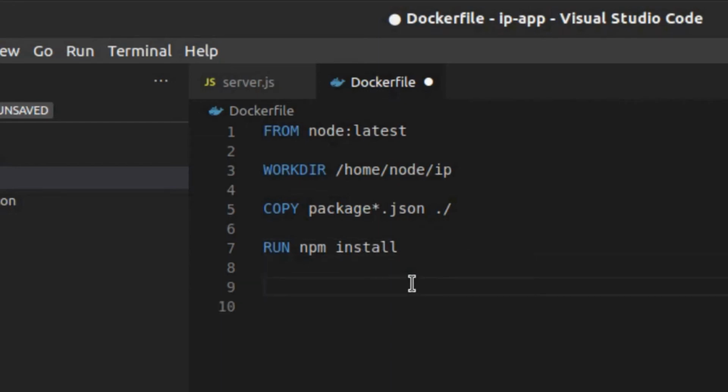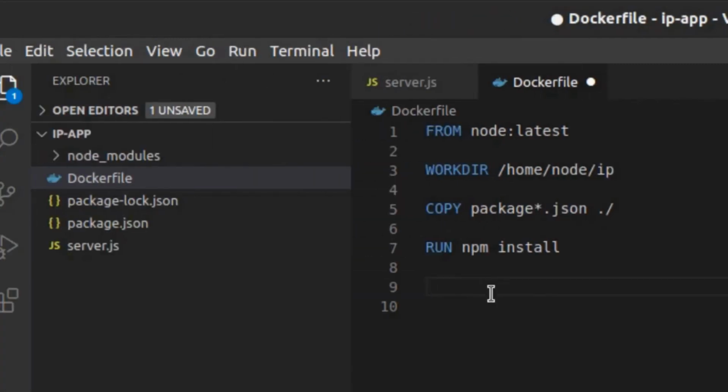So the base image of Node.js itself is gonna be a Linux distribution. So basically we are just running the commands that we would be doing inside a Linux distribution. And the container itself is gonna be a software virtualized Linux operating system.